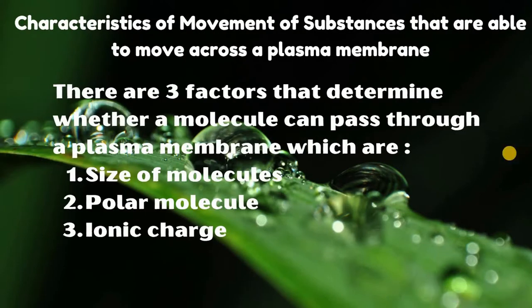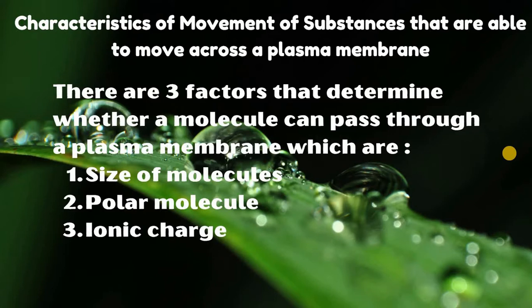Let's go to the first learning standard: the characteristics of substances that are able to move across a plasma membrane. What are the characteristics? There are three factors that determine whether a molecule can pass through a plasma membrane. Number one, size of the molecule. Number two, polar molecule. Polar molecule refers to